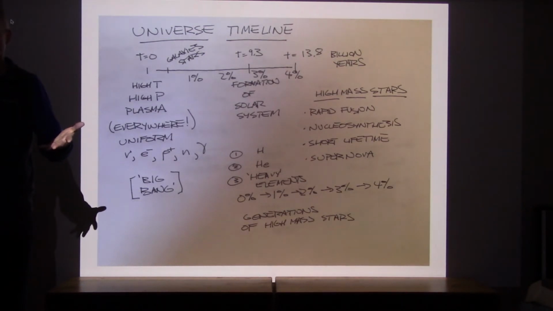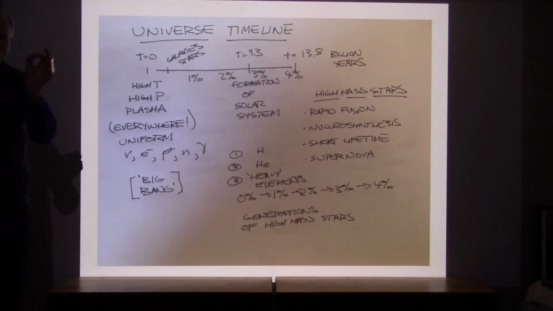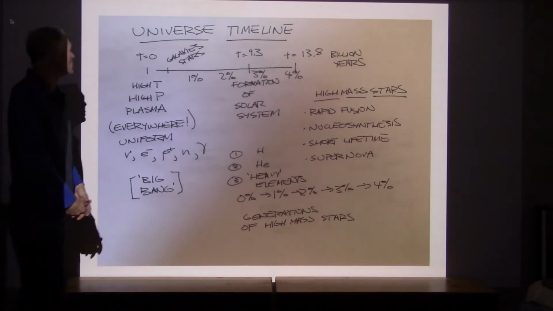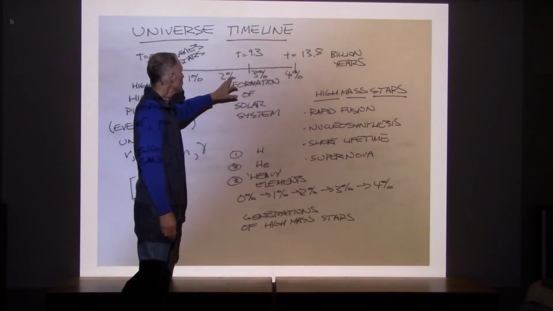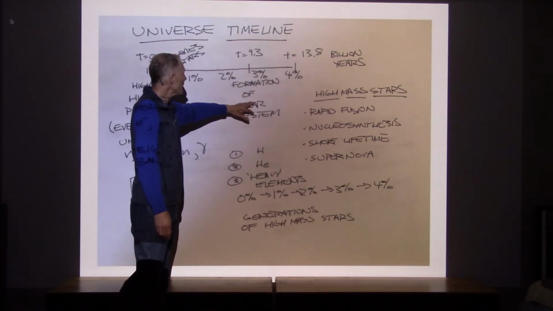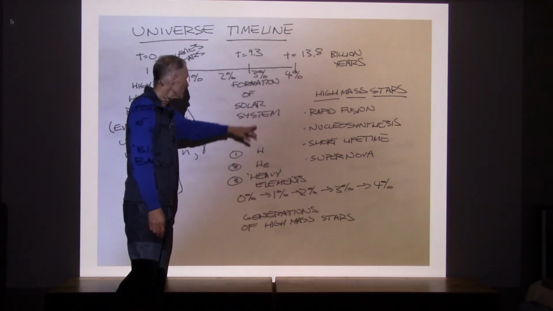You get these regions of galaxies that are becoming enriched in these little particles of heavy elements. So 1%, 2%. Now somewhere between 2 and 3%, that was the concentration of heavy elements at the time the